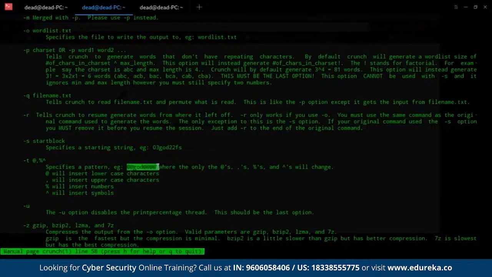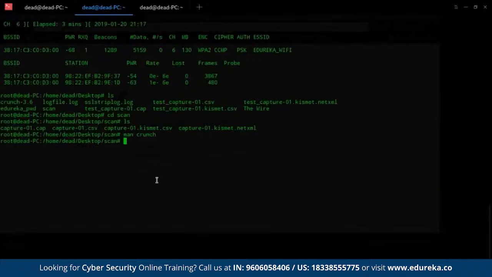You can use a comma, and it'll be replaced with an uppercase character, or you can use percent, in which case it'll be numbers, or you could use the caret sign, in which case it'll insert a symbol. So when you know the length of the password and also a few letters, you can use the -t flag. That is exactly what we're going to use with Crunch here for this example.